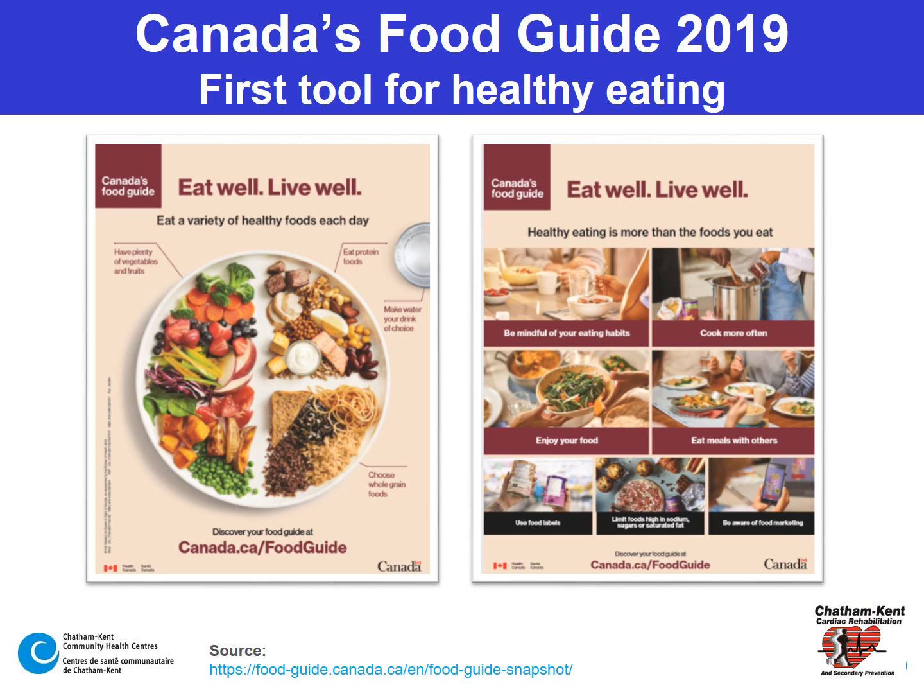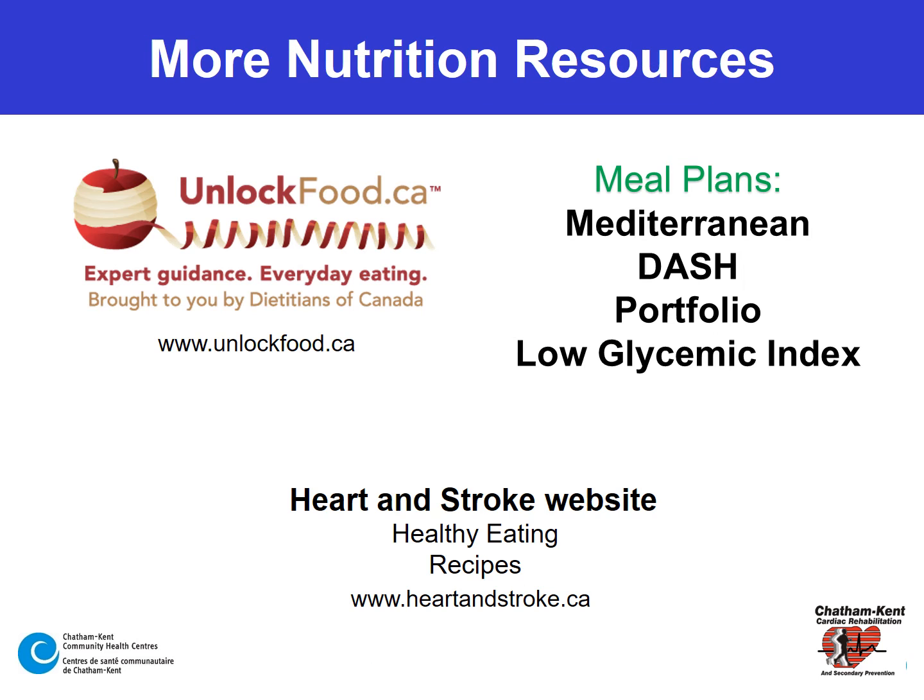To see the full food guide, refer to Health Canada's website at www.canada.ca/foodguide. For more nutrition resources, refer to unlockfood.ca. This is a website that's brought to you by the Dietitians of Canada. At unlockfood.ca, you will find nutrition information that is reliable and evidence-based. For additional recipes that are heart healthy, and for general information on cardiovascular disease, refer to the Heart and Stroke website at